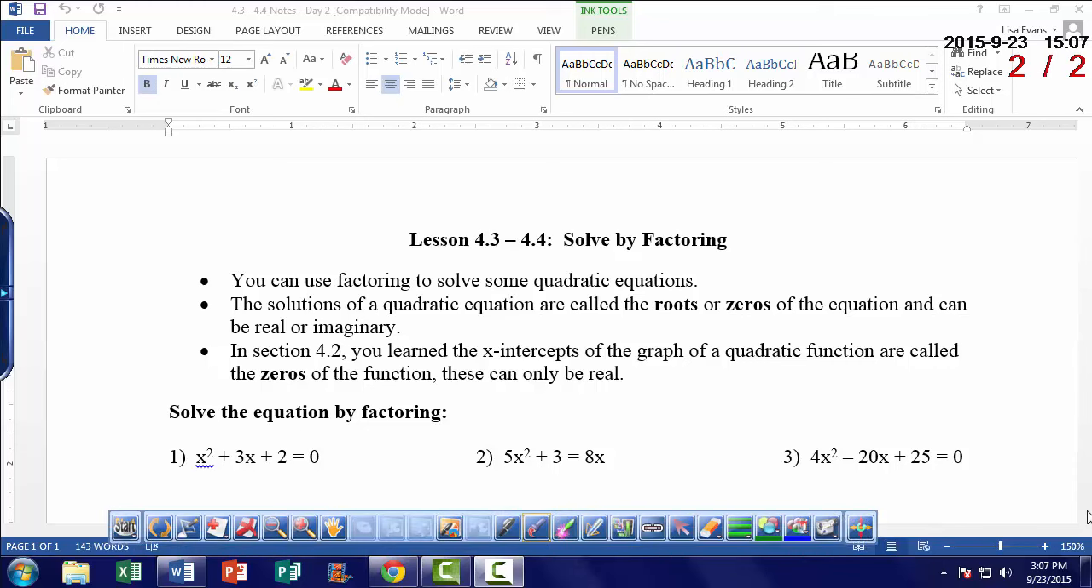Hello, today we are going one step further than we did yesterday. Yesterday we factored, today we're factoring and solving. Before we get to the actual solving, I want to talk a little bit about what we call solutions to